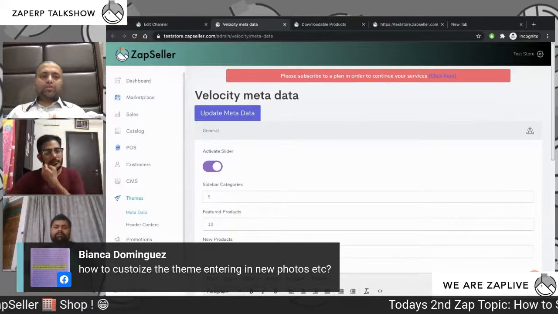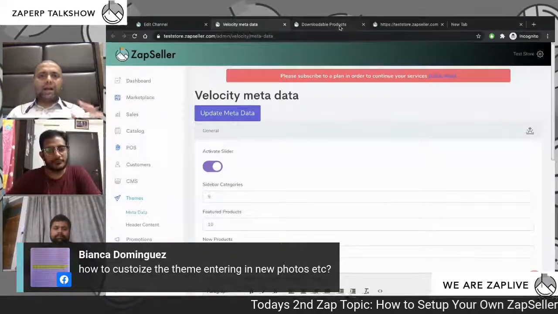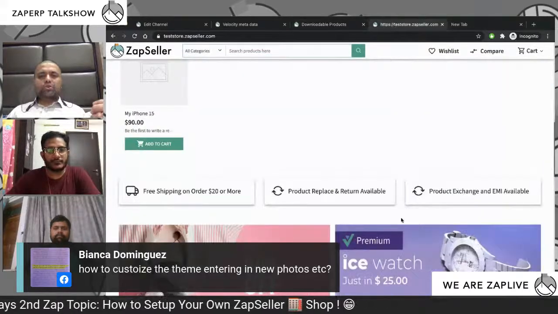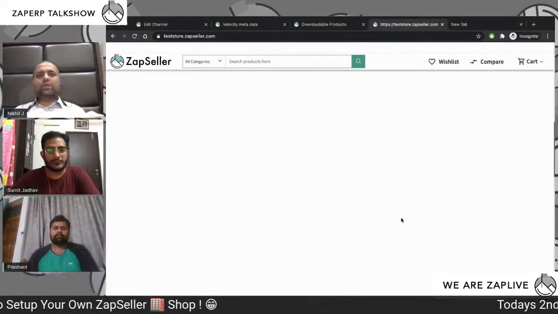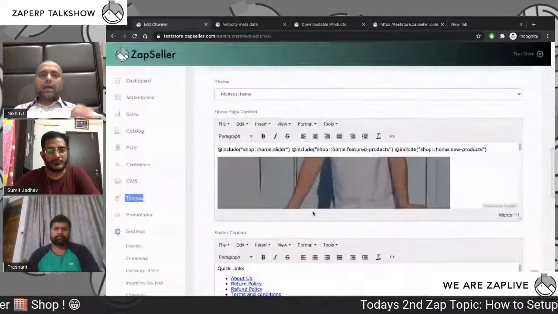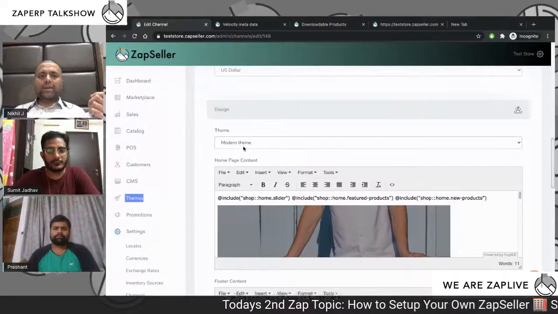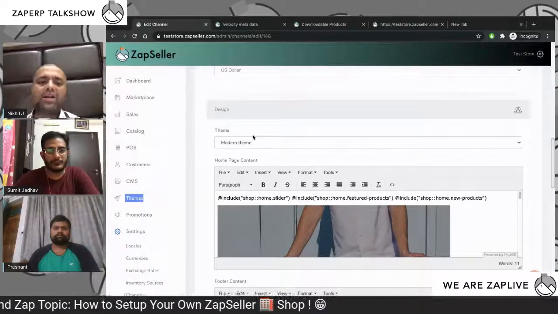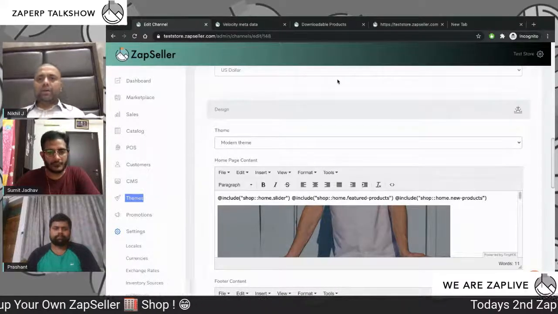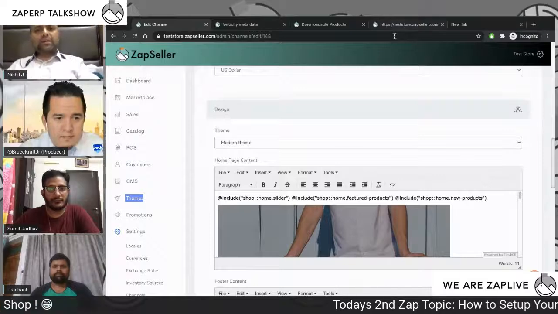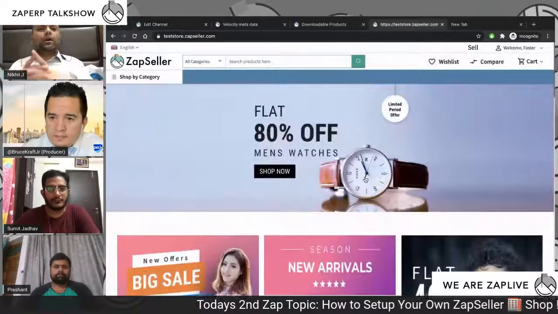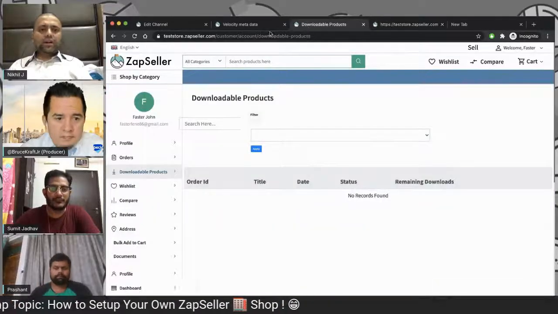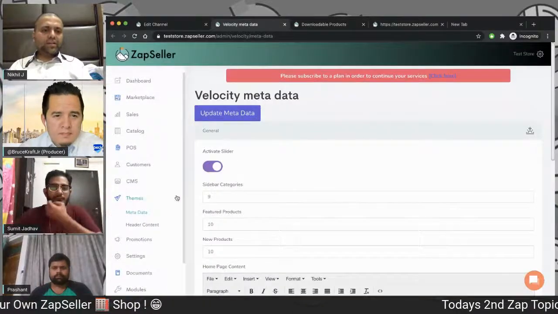So, just to recap, by default we have a theme called Modern Theme enabled on the store. The theme that you are looking at is what we call the modern theme, and we have two more themes: one is the smart theme, and one is the default theme. But by default we enable the modern theme, which you will find most attractive across our themes. Now, what you need to do is just go to this